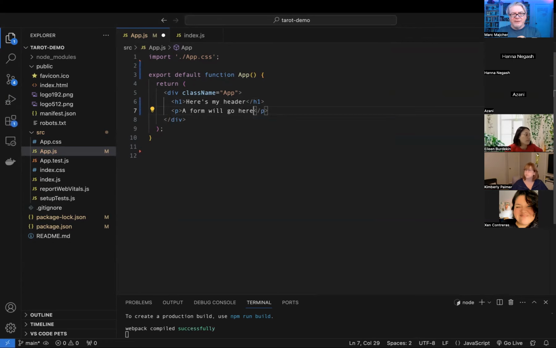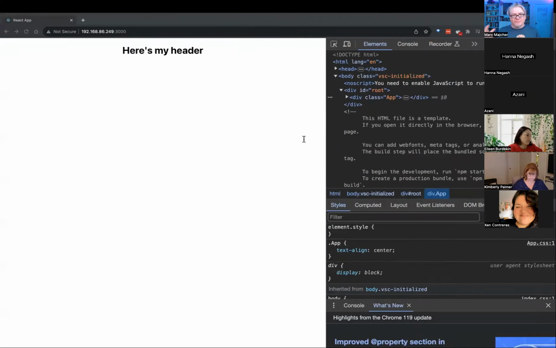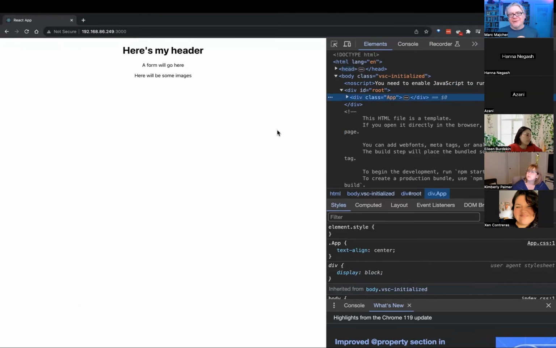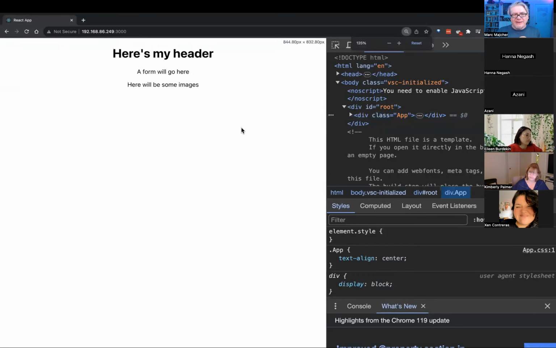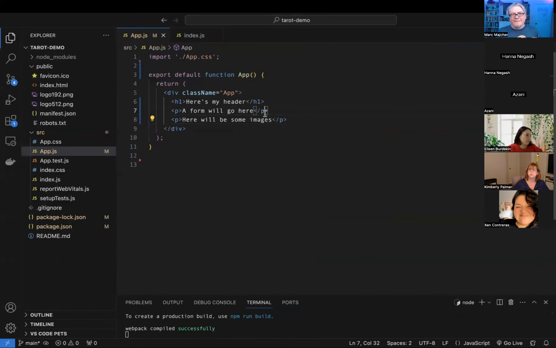We'll go here, and here will be some images. So those show up on the page. Great. Up a little bit. So say I've made a cool form here, and I've got a little image rendering thing here,